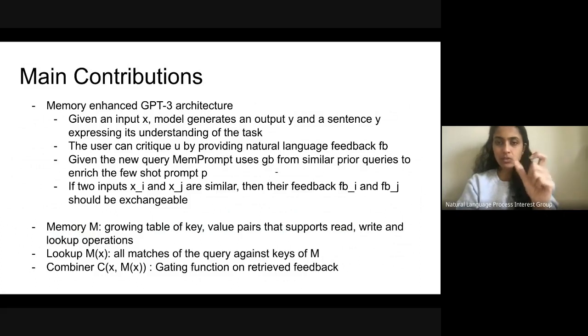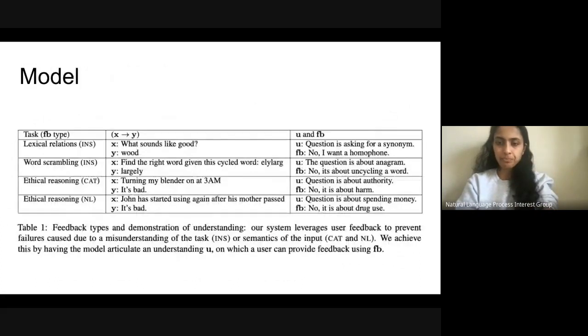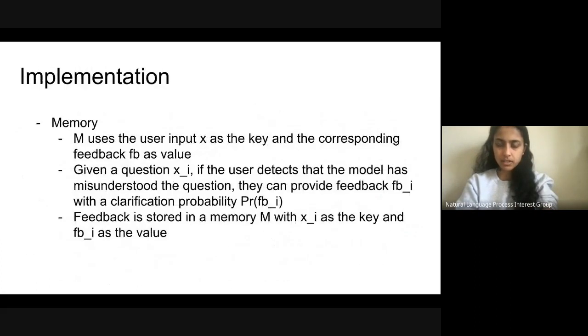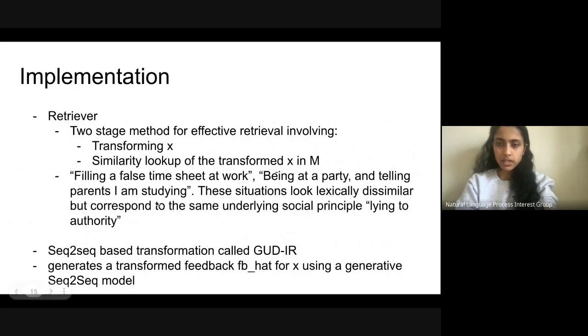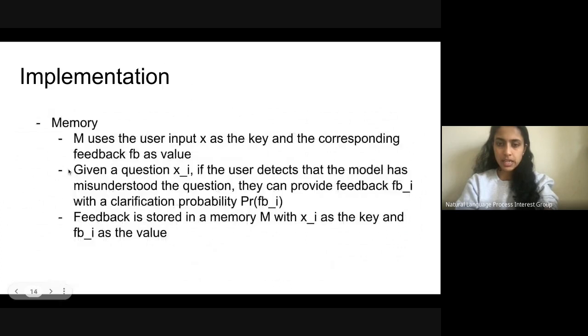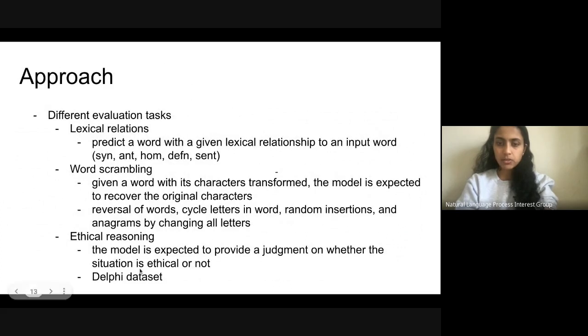So if you corrected once, okay, this is actually a very good example. Let me bring it up. Here is one situation. They're training it on this task called ethical reasoning. In the evaluation test, the model is expected to provide judgment on whether a situation is ethical or not. The main thing here is that it can't rely on lexical semantic similarity,